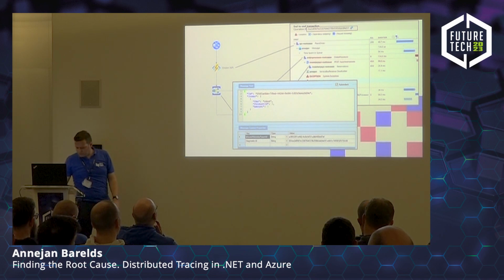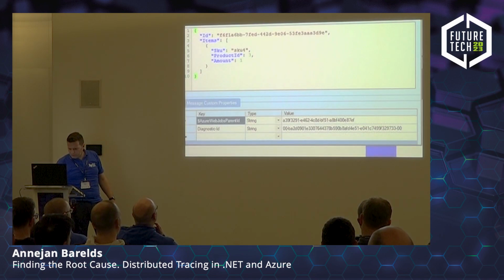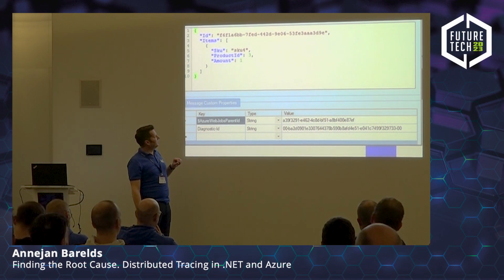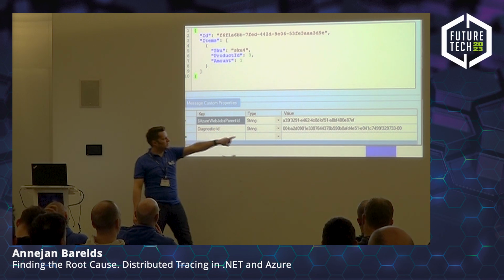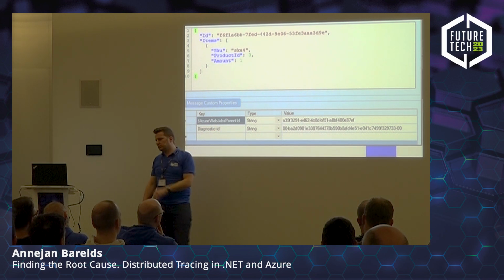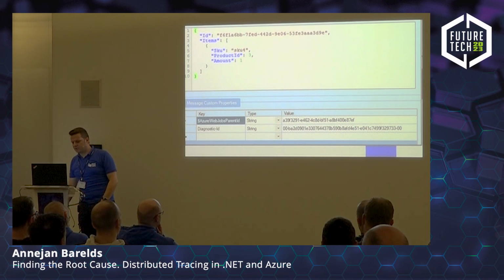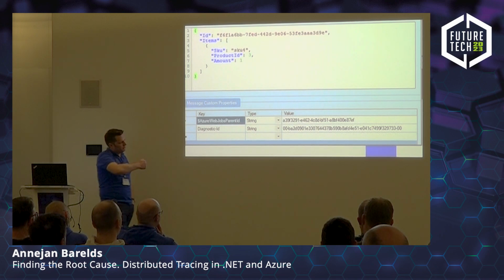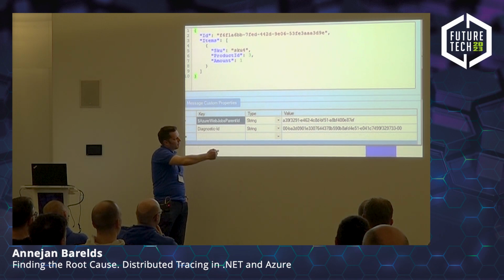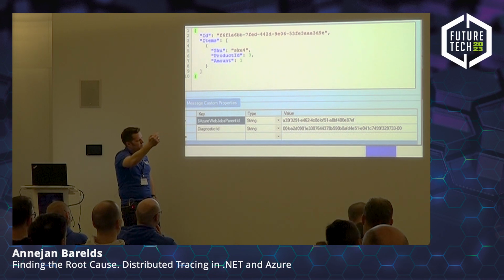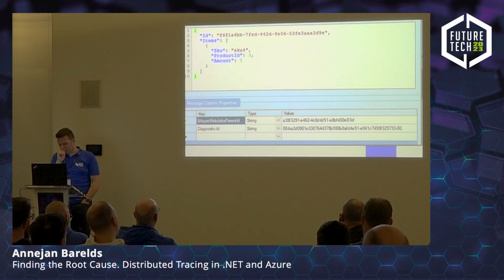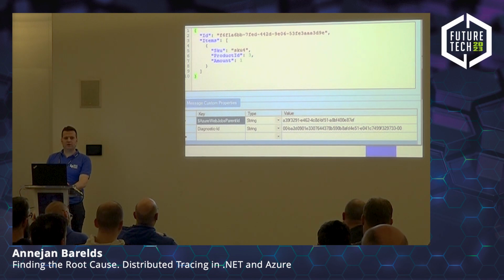I'm not sure if this is actually perfectly visible in the back. Maybe this spices it up a little bit. A diagnostic ID is being sent as a custom property to my message, which is basically holding the same type of value that we saw from that trace parent header. So again, a versioning thing that's not actually used, an operation ID, then the identifier of the span above, and then whether or not sampling is in effect. Again, all done automatically through the SDK.